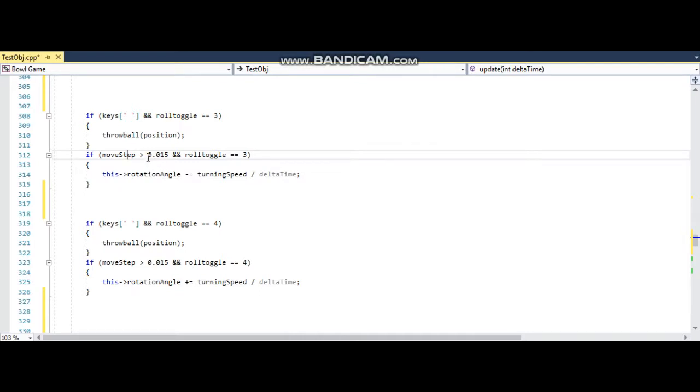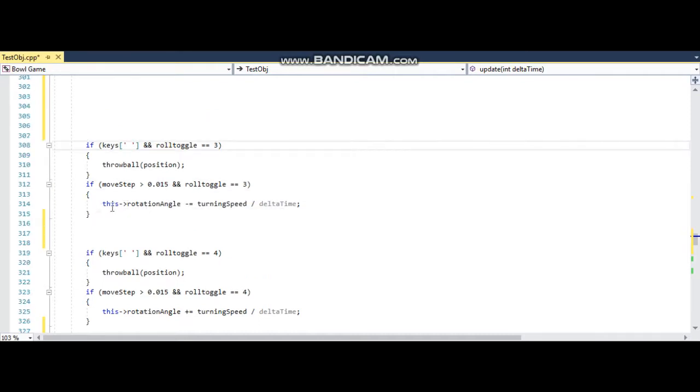And basically, if it's less than 15, we want to do the curve. The reason it's not 0, basically till it stops, is just to make it look more realistic. If it was 0, the ball would be curving too much at the end, which doesn't look really realistic. The rotation angle is just a variable of 0, and turning speed is a variable of 90. This will track the speed at which the ball turns, and this is just a 0. So this is actually, I believe, the curve to the left,